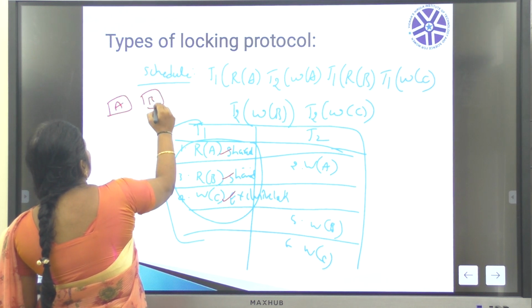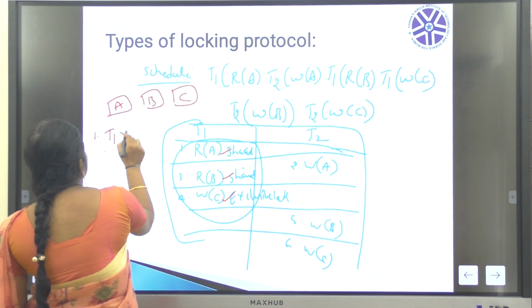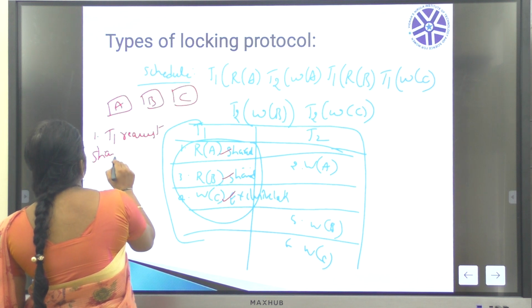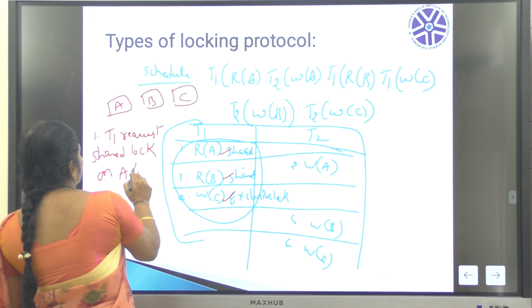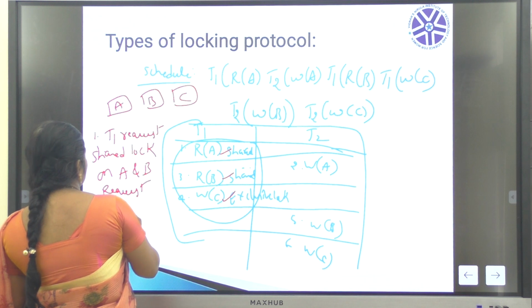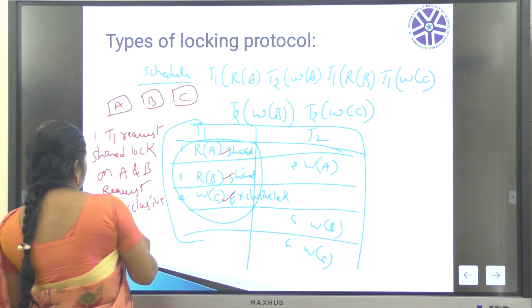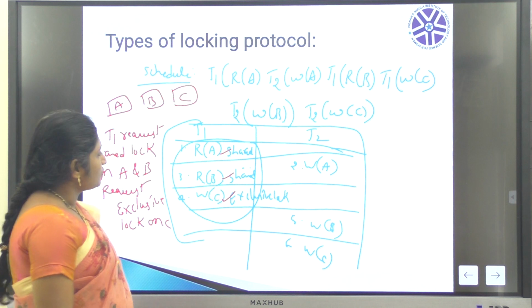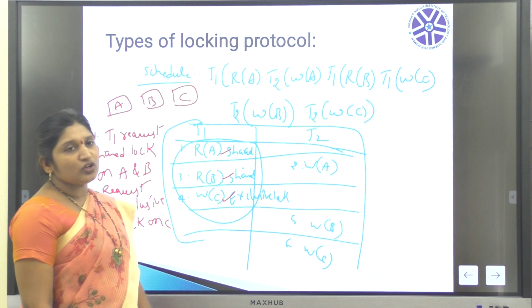A, B, C. So at the first step, T1 requests shared lock on A and B and requests exclusive lock on C. Isn't it? So T1 requests shared lock on A, shared lock on B and exclusive lock on C.